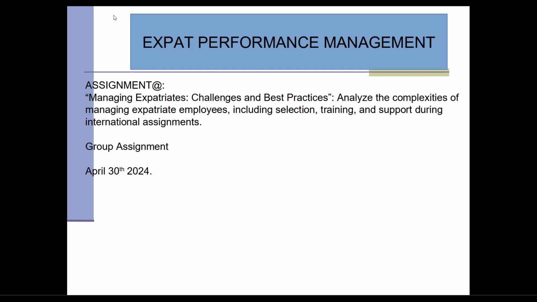Performance management has especially those four stages or four areas. Performance evaluation is also one of the components of performance management. Then the next question is